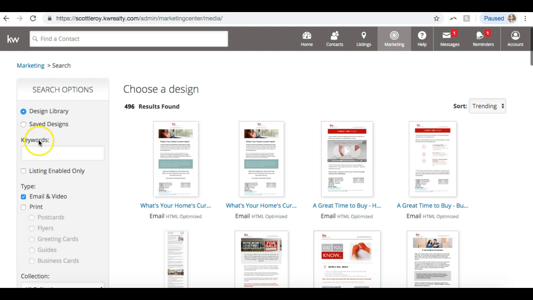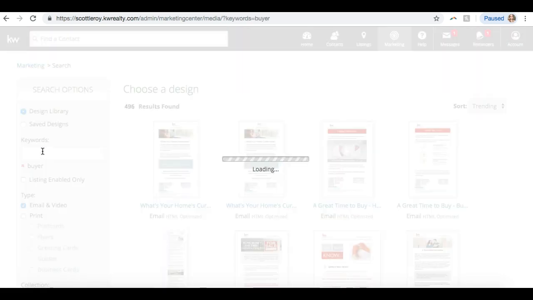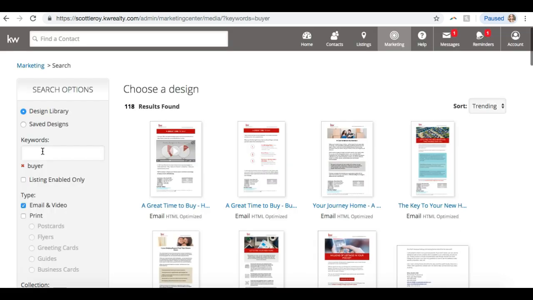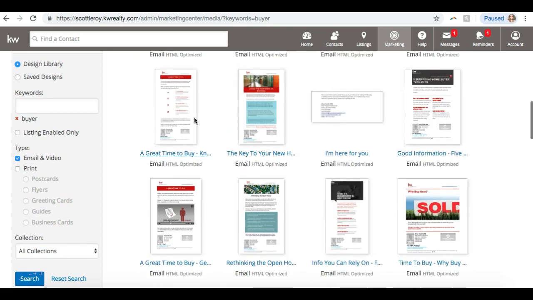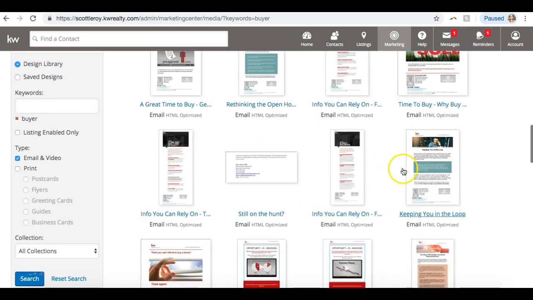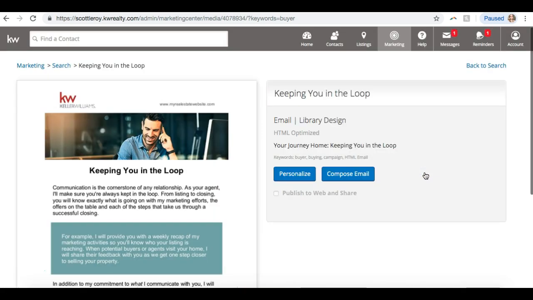So I checked the box, we're in our search options, we're in the design library, we're looking for email and video, so these are all email pieces. I'm going to go to my keywords and I'm going to search buyer, hit enter, and you can see now it's showing me 118 different pieces for buyers. So I can scroll through, find one that I'm looking for, click on that design,